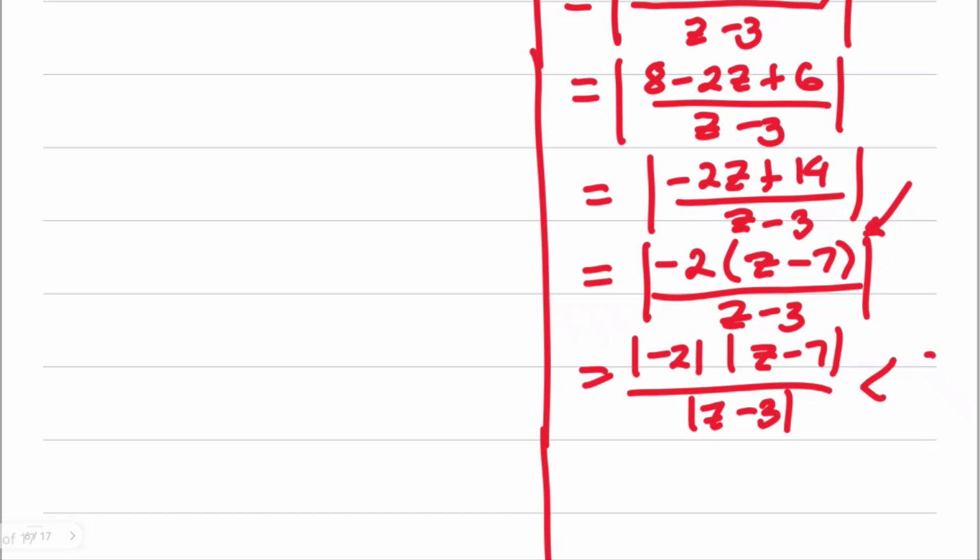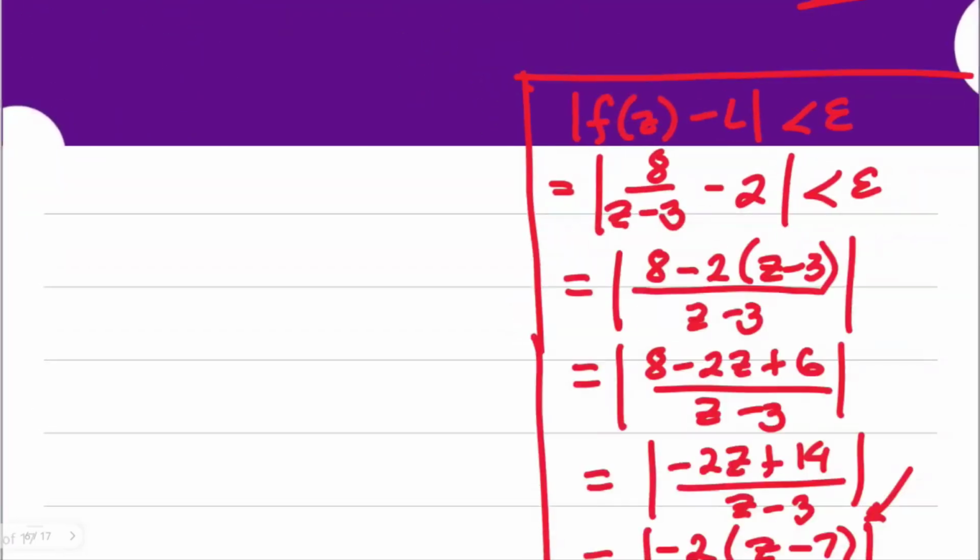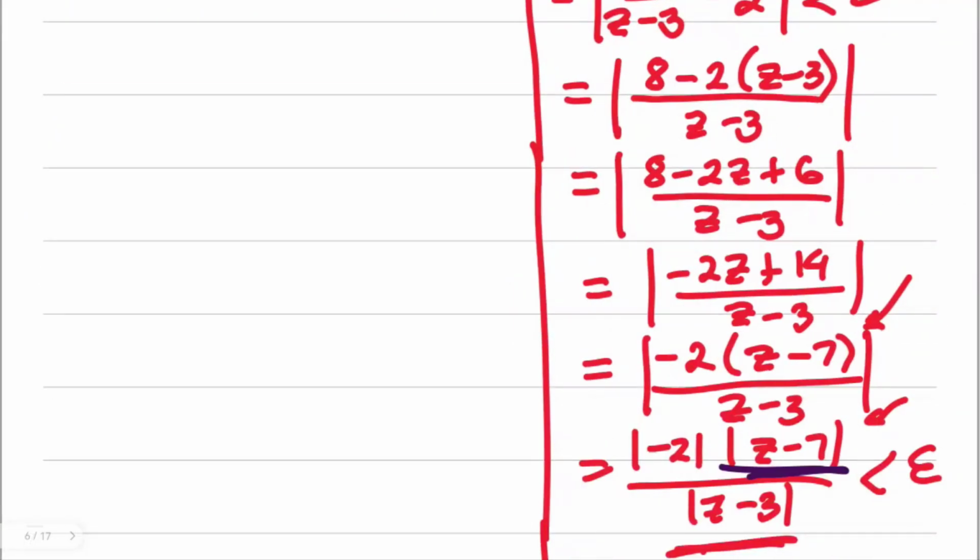This is less than epsilon. So this is actually delta. However, you have z minus 3 at the bottom. In order for us to really identify the correct process, we need to also represent this by a certain expression that would be possible to be manipulated together with the absolute value of z minus 7. Again, this is already okay. That's our goal here. So delta is existing now. But z minus 3 needs to be represented as well, in terms of delta or another value, so that we can represent that with specific forms later on.